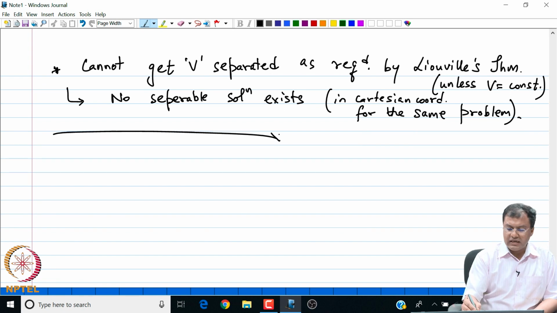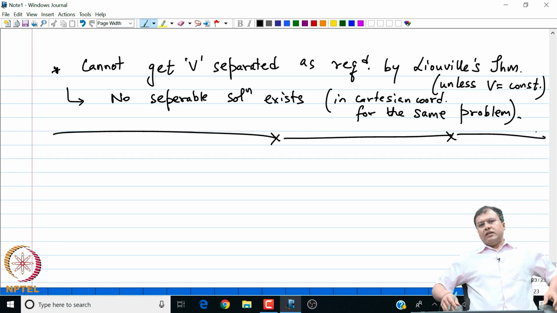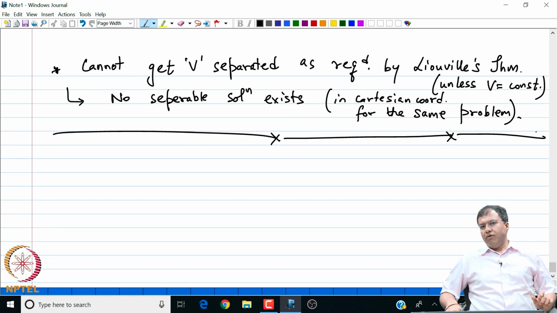So I end my discussion here due to lack of time, but we are going to continue and finish our discussion on how we can separate solutions for higher dimensions and also for non-orthogonal coordinates. More importantly, we are going to look at a very important result by Noether, which gives the relation between finding the conservation laws and the so-called transformations which reduce our functional, or the integrand in the functional.